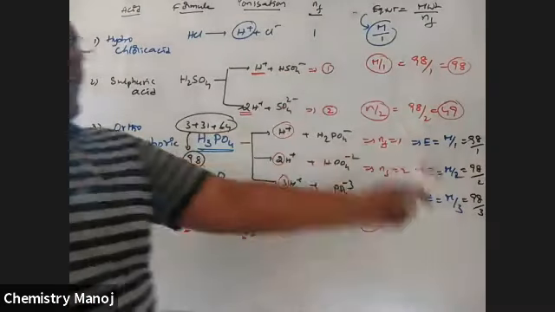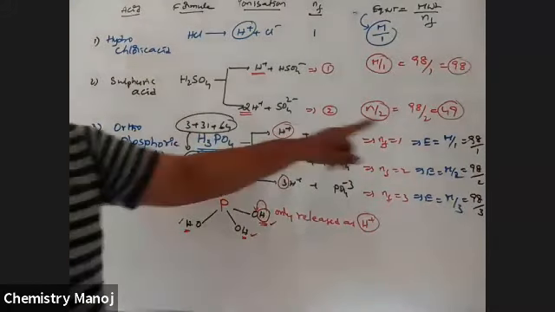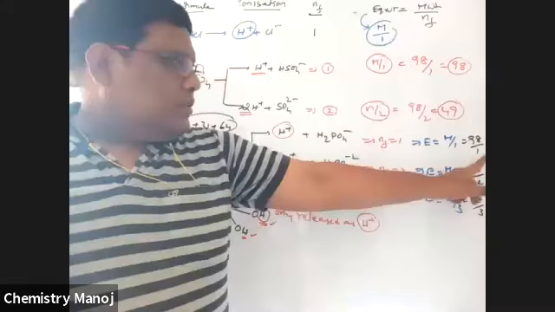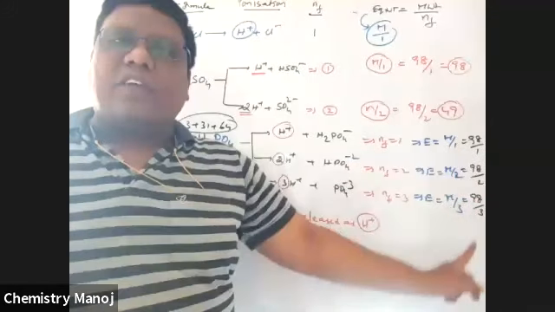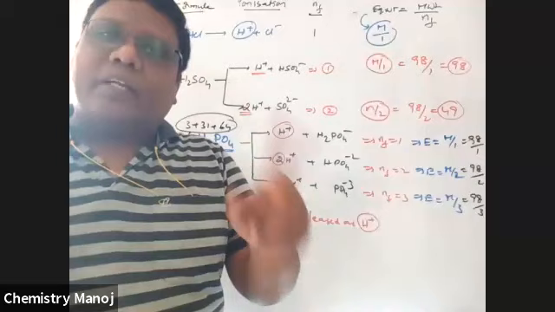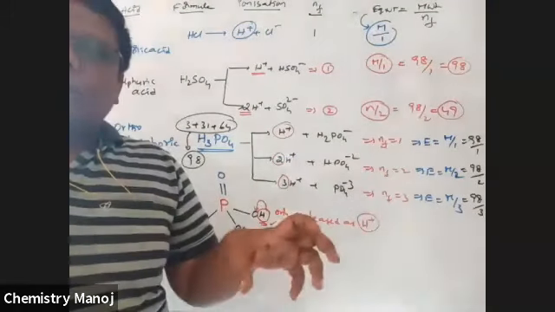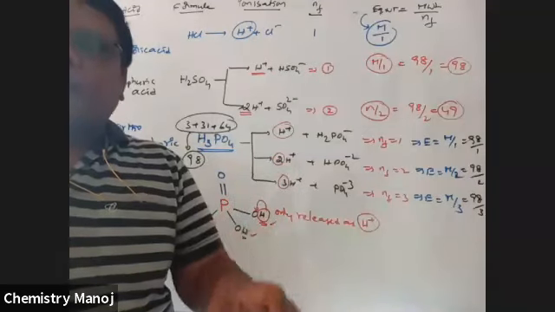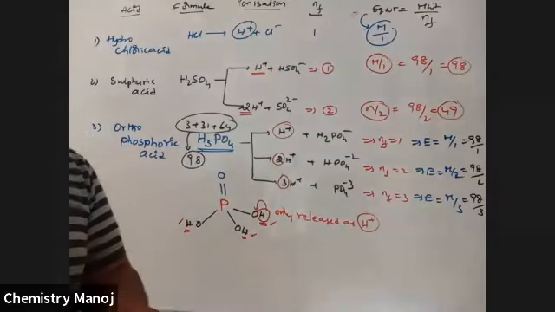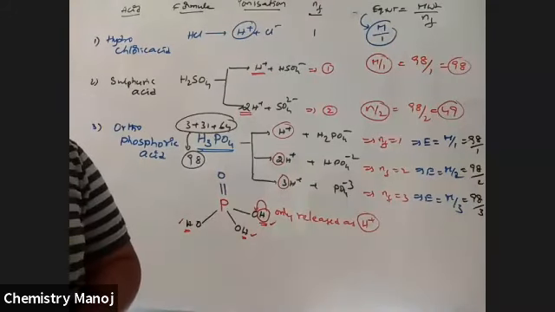These are the equivalent weights of the substance. Is the equivalent weight of H3PO4 fixed? No, because the n factor is not fixed. The molecular weight of a substance is fixed, but not its equivalent weight. Equivalent weight is also numerical, but it is calculated using the n factor. The n factor of a particular substance is not fixed, that is why equivalent weights are also not fixed.